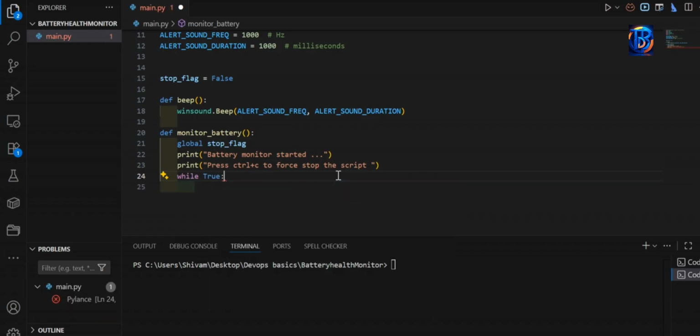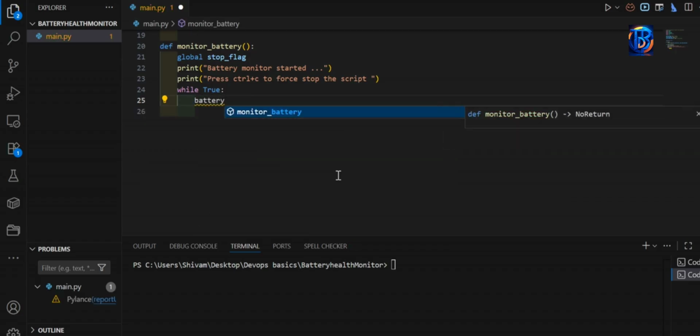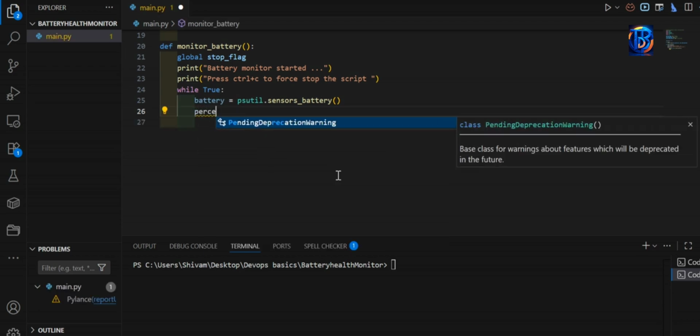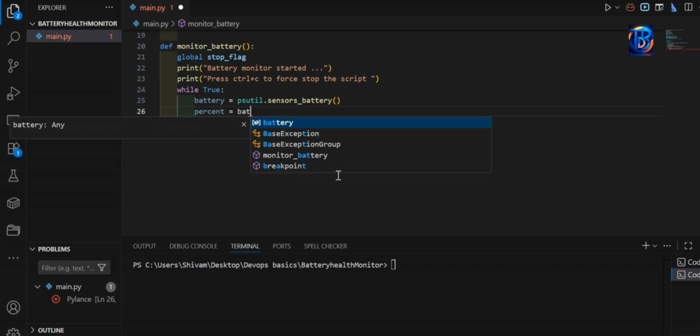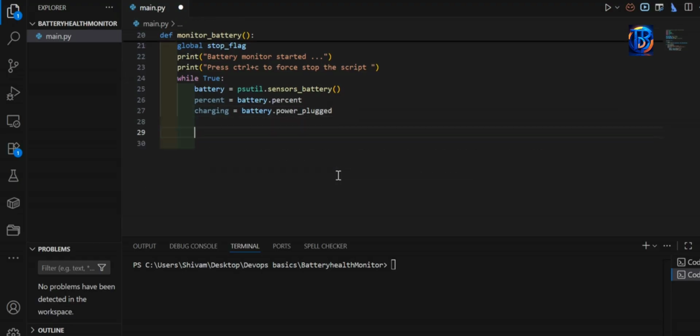while true. We will get our battery, sensors battery. Okay, it will get the battery percentage. We will get percent now, battery dot percent. Also we will use charging, battery power plugged. I will accept suggestions. Okay, to handle some conditions we can write if